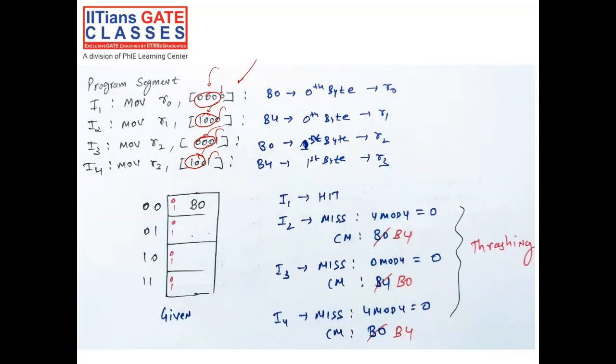Let's say in the cache block 0 is already there. First instruction, I need block 0, so that is a hit. Now block 4 came, and it is not there, because the location is fixed for block 4, which is line 0. So a miss happened and we replace this one. Again block 0 came, but block 4 already exists, so we need to replace it. Again on the I4 instruction, block 4 came, but block 0 is there, so again this is a miss. We have to replace. This phenomenon we call thrashing.